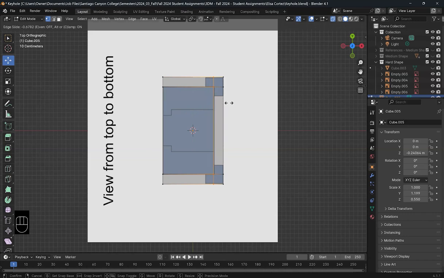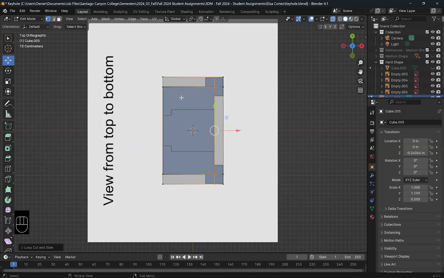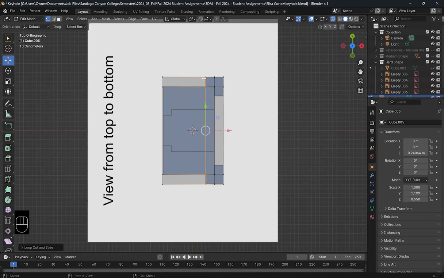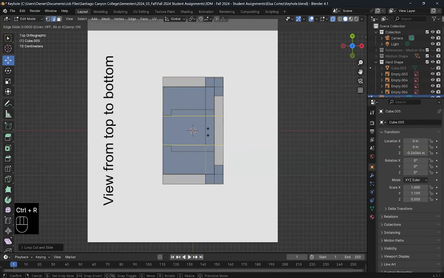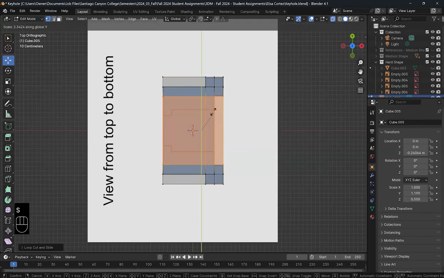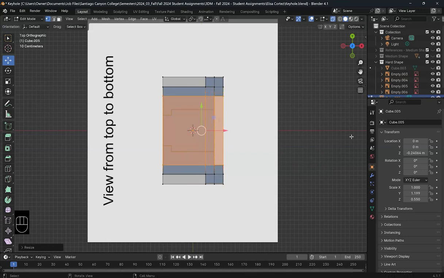this line right here, and this line that's going across here, and then there's another line right here, so I could just Control R and then do the two again, left click, right click, scale in the Y. And